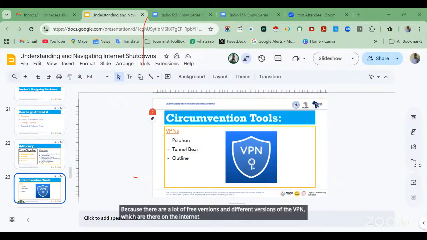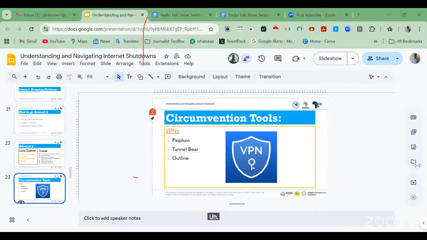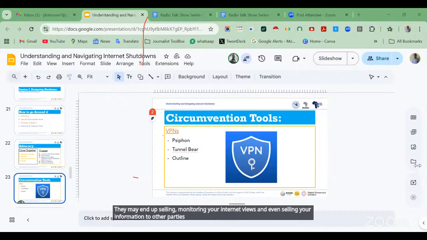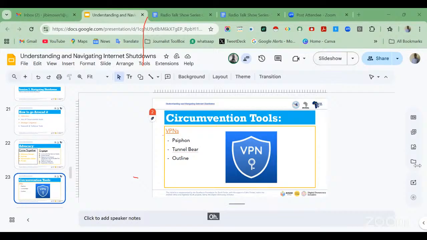However, some of them are not safe for you, because they may end up monitoring your internet use and even selling your information to other parties. So it is highly recommended that you use a good, recommended version of these tools. Next slide.